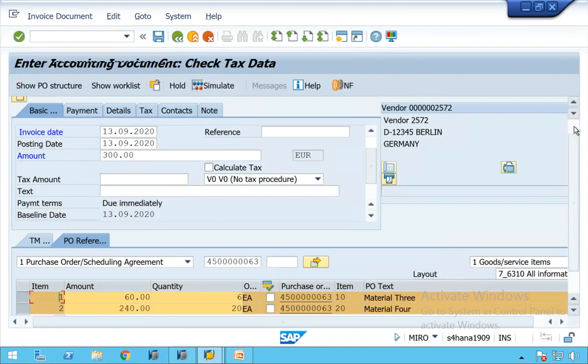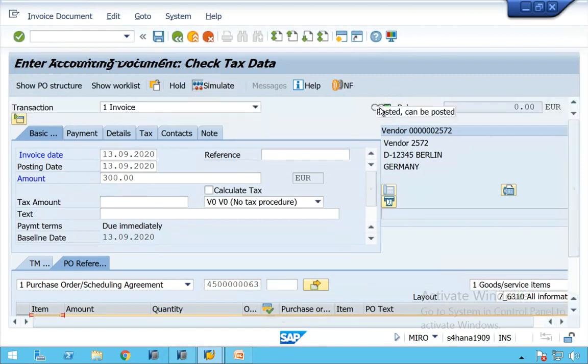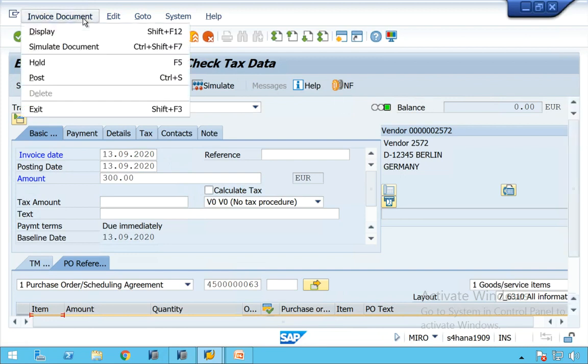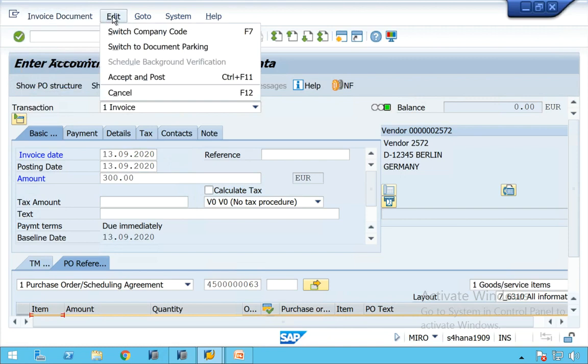Now if the document status is in green, and this is called posted, can be posted, okay. You see, if you post also, it will be like posted, green means can be posted, balance is 0, I can post it very well, save is equal to post, similar to goods receipt. Now invoice document, you have a